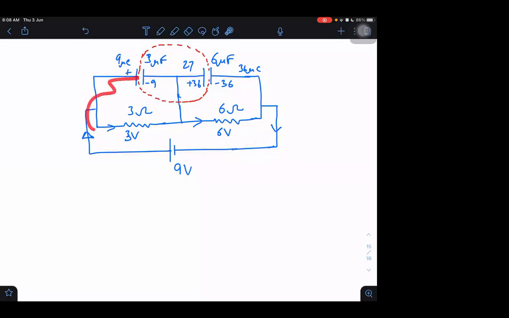Let us say it does not have zero time constant. Let us say it takes time to charge. Then this answer will not be just after closing the switch. Then it will be taking time. It will not quickly become 9. It will change slowly. Okay. In short time, sir. What? In short time.